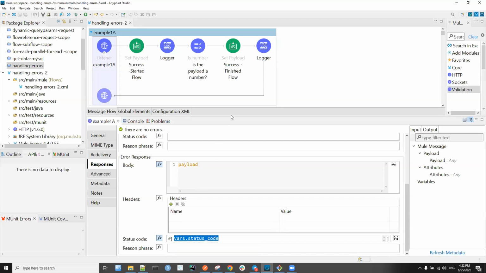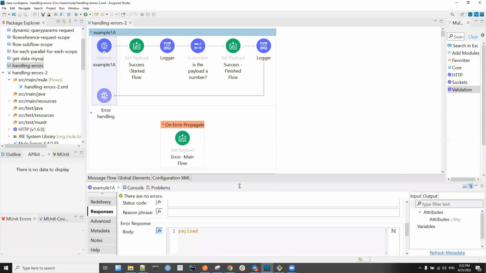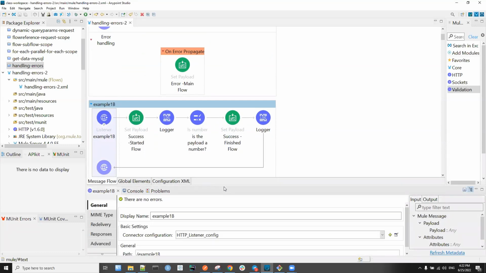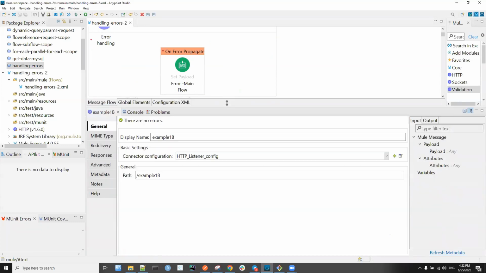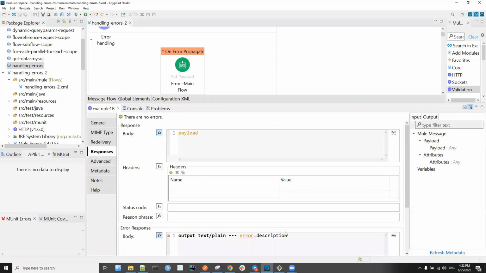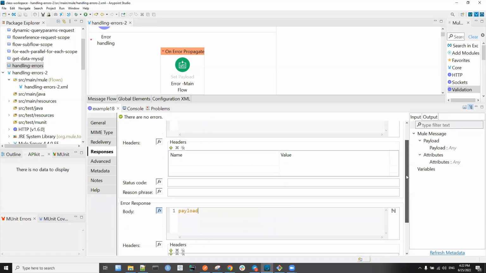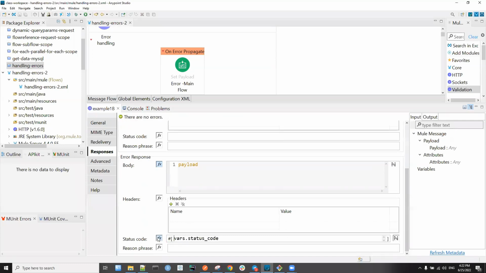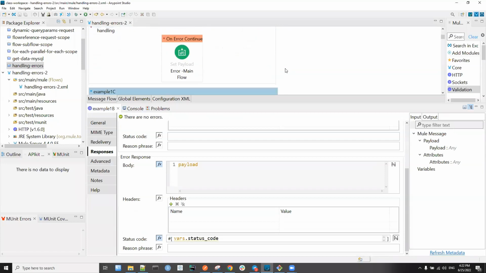I can paste it in the next listener and the other listeners. So come here also, and in the responses, one is a payload, and one is status code. So we did 1A, 1B,